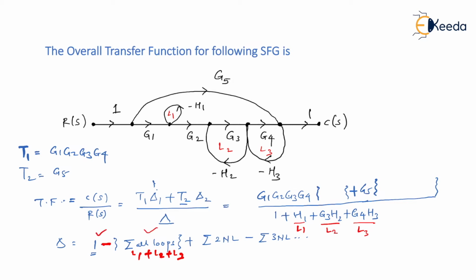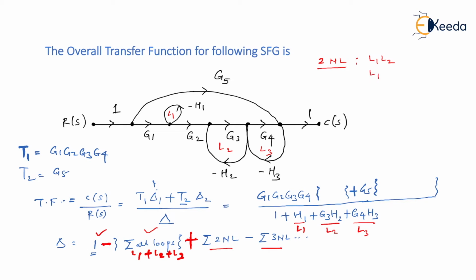We are done with these two parts. Now the rest of the two parts are left. Then we have to do the summation of all two non-touching loops, and the sign over here is plus. By observation, you can say that for two non-touching loops you can just have a pair. Since this is the very first sum where we are applying the shortcut method, I'm taking extra time to make you realize how to go about it. Otherwise, for the rest of the sums, I'll go quickly. So two non-touching loops are L1, L2.